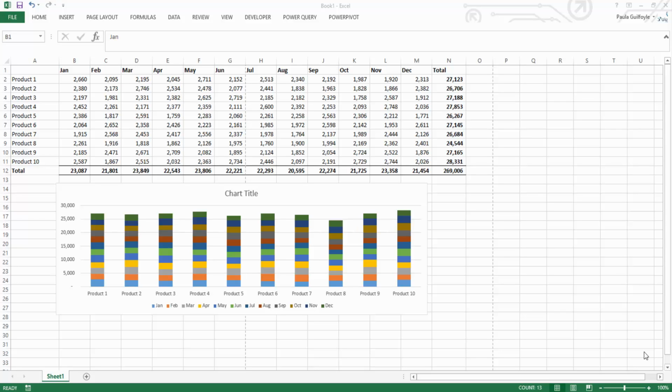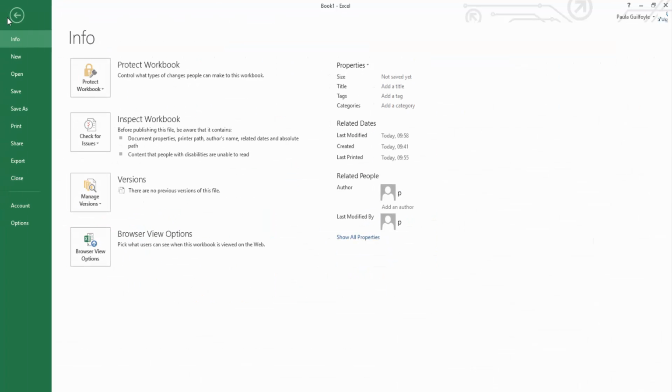What I'd like to go through with you in this video are the print options available in Excel. And I've just put together this quick worksheet so we can have a look at a couple of examples. Now, the first thing to note is that you can get into the print options from both File, and in